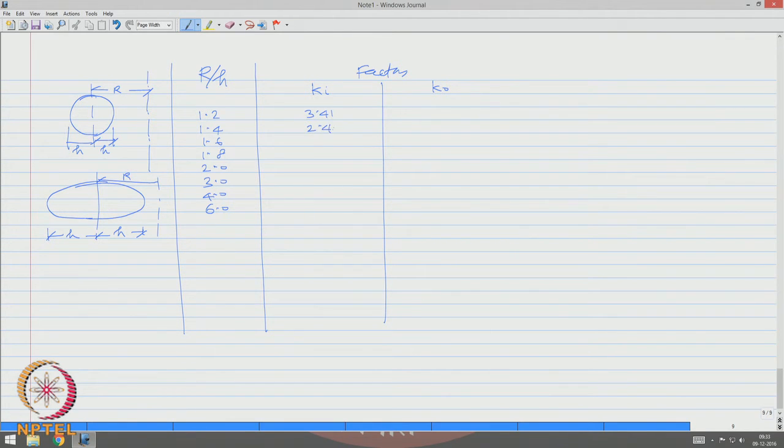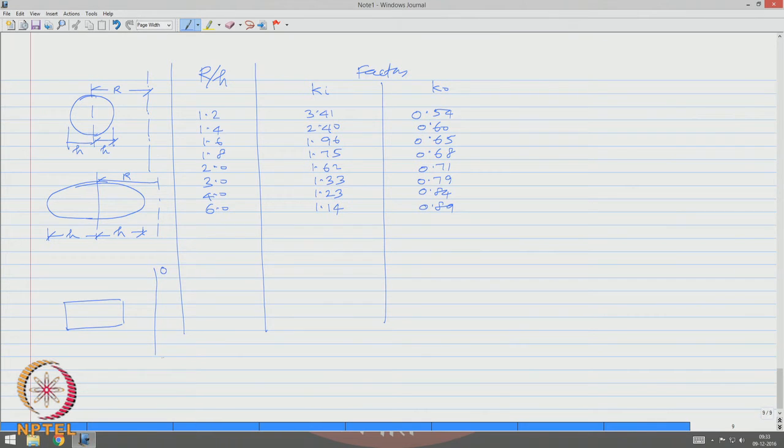3.41, 2.40, 1.96, 1.75, 1.62, 1.33, 1.23, 1.14, and these values 0.54, 0.6, 0.65, 68, 71, 79, 84, 89. For a rectangular section,